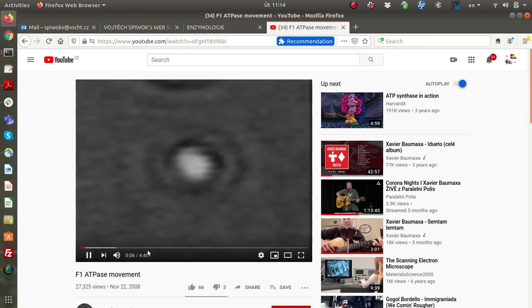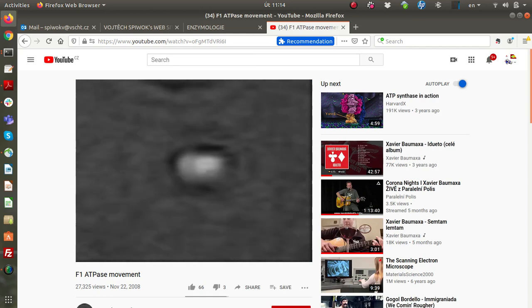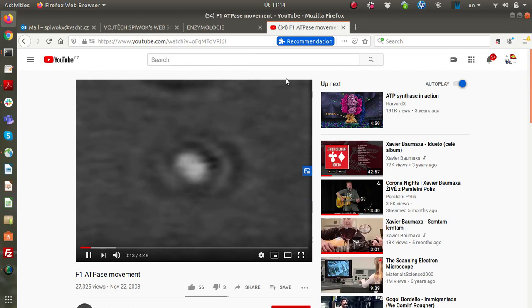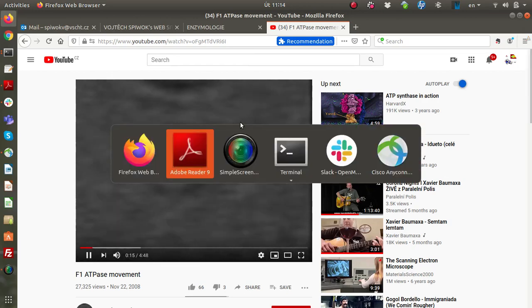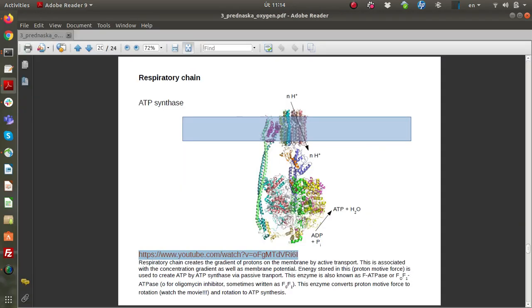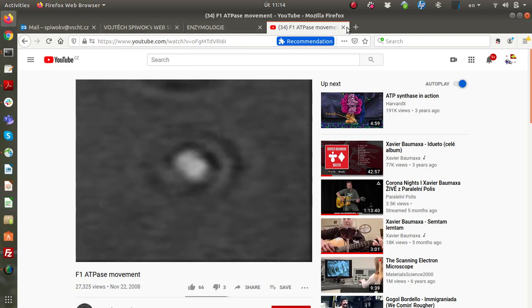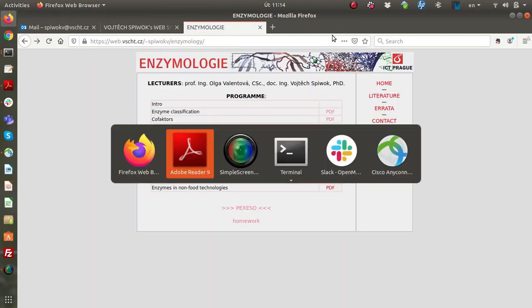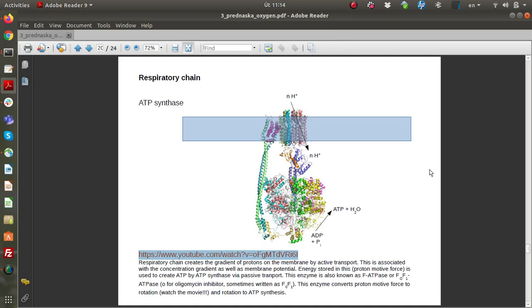So it was found that this molecule rotates when it's doing this job. At the beginning it was some kind of theory. It was not clear whether it rotates or not, and some group proved experimentally that ATP synthase indeed rotates. What they did, they first took